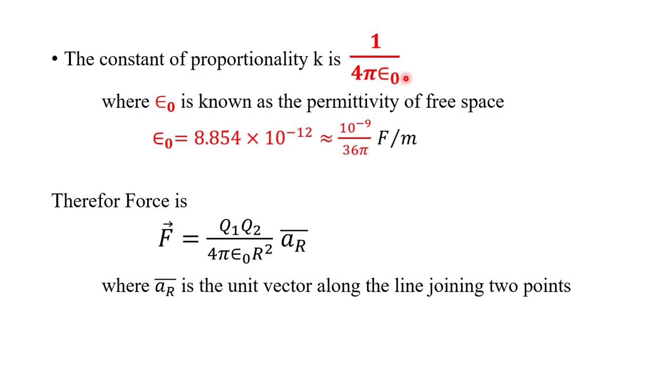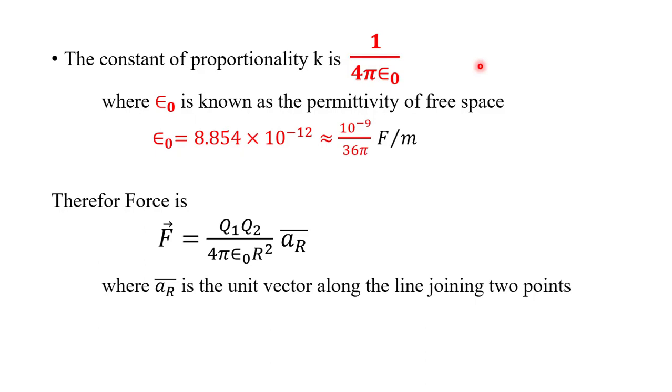Now what is basically this epsilon and epsilon naught? Epsilon is the permittivity of the medium. It is the ability of that medium to pass the electric field. That ability is measured in one quantity, called the permittivity of that medium. So epsilon is equal to epsilon naught epsilon r, where epsilon is the permittivity of the given medium, epsilon naught is the permittivity of free space, and epsilon r is the relative permittivity.